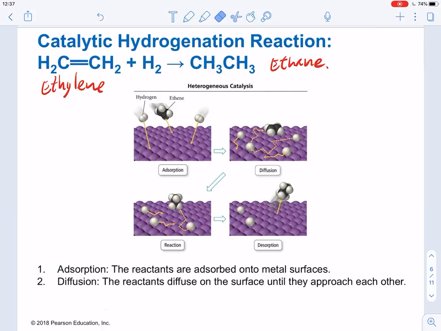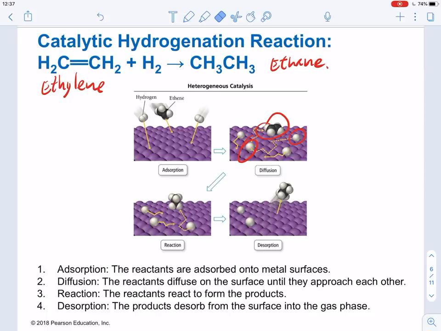It has to be one molecule of ethylene with one atom of hydrogen, well, actually two atoms of hydrogen at the end, to produce the reaction. Then once they find each other, then of course they will react. The transfer of the hydrogen to the ethylene molecule will happen, and finally when you obtain your product, it will